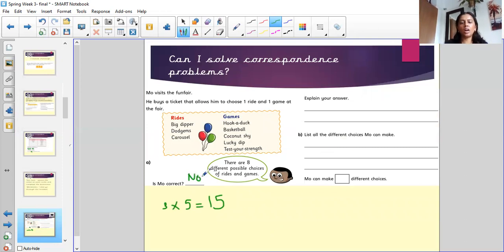And explain your answer, because you have to times your combinations together. Then it says here, list all the different choices that Mo can make. So I'm not going to list them on here writing with this pen, but you can have a go yourself,